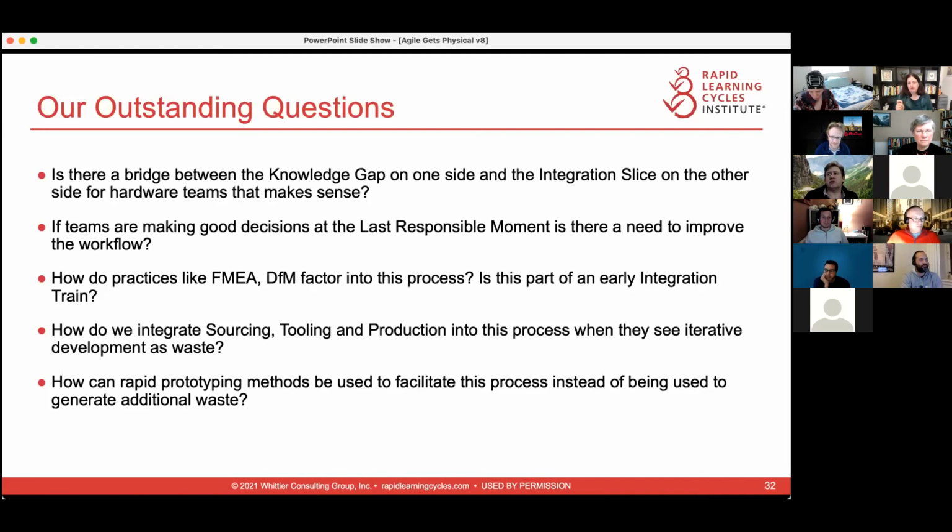And then to try to pull the learning forward in a way that's disconnected from the product. That's one of the reasons why demos can cause hardware teams problems, because a lot of times what I need to know in order to make a design decision, say about what material to make a component out of, my best experiments are going to look nothing like the final product. If I understand what I need to know in order to make that decision, and I design my learning around it, then when I design the component, it's more likely to work. And I'm not as likely to need to make a change to it after it's been put into this finely tuned